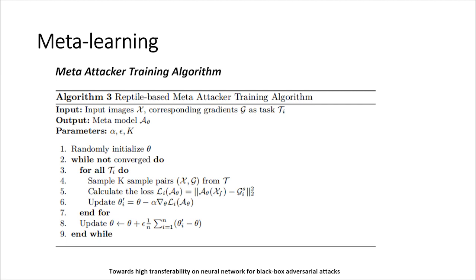By learning a large amount of prior gradient information of the model in advance, the meta attacker learns to infer the gradient of the target model through only a few queries. After getting such a meta attacker, we replace the original gradient estimator with the meta attacker to directly output the gradient. The following will describe the training process and implementation details of the meta attacker.